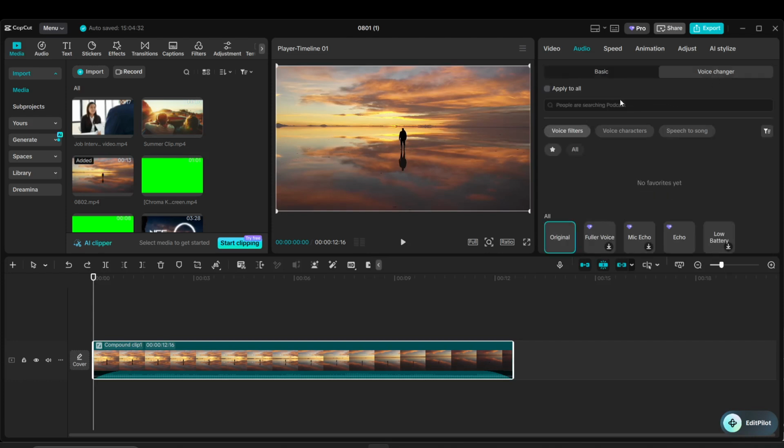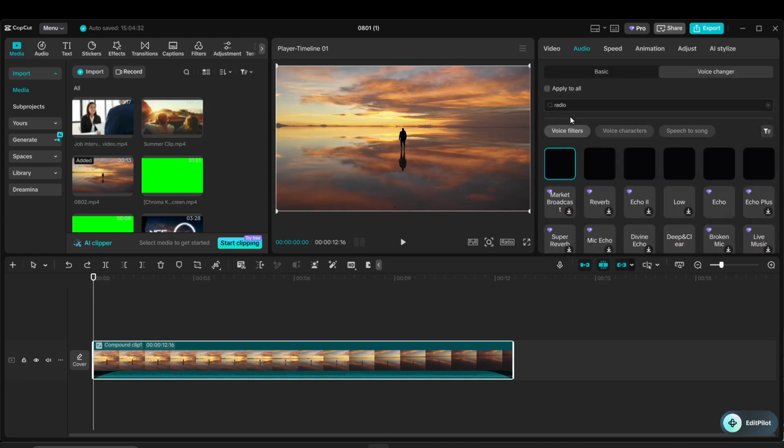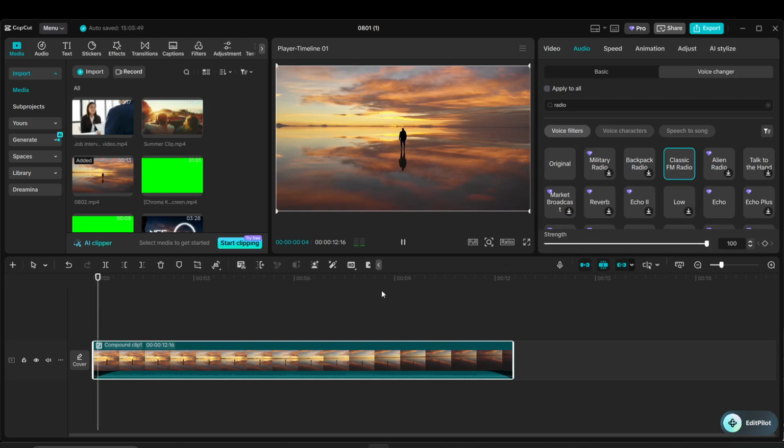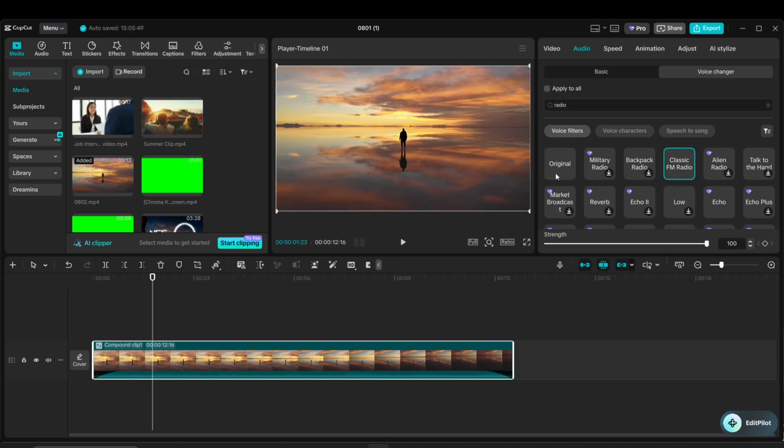Now scroll through the voice filters and choose either telephone or radio. As soon as you click one of these, CapCut applies the effect automatically. What these filters do is reduce both the low and high frequencies, which creates that compressed, thin, tinny sound you usually hear in vintage phone calls or old radio transmissions. It's a great option when you want your audio to sound intentionally low quality, but still clear enough for the